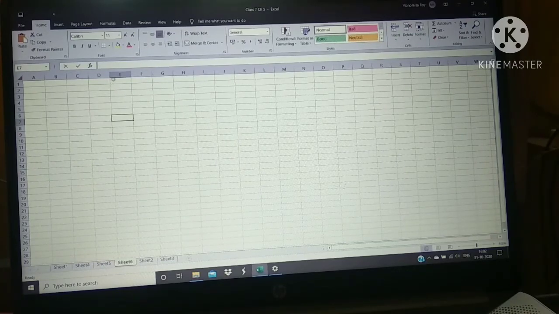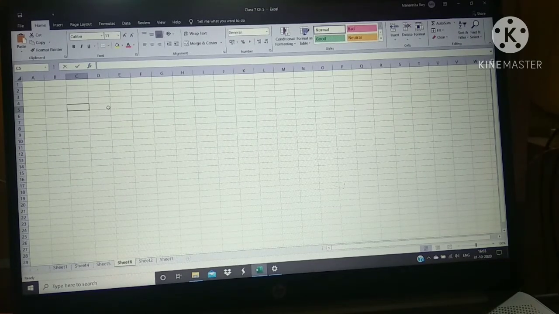E for column, 7 for row, right? Again, C for column, 5 for row. Press the enter key. See, right? So this is the cell address: this is the column C, this is the row.